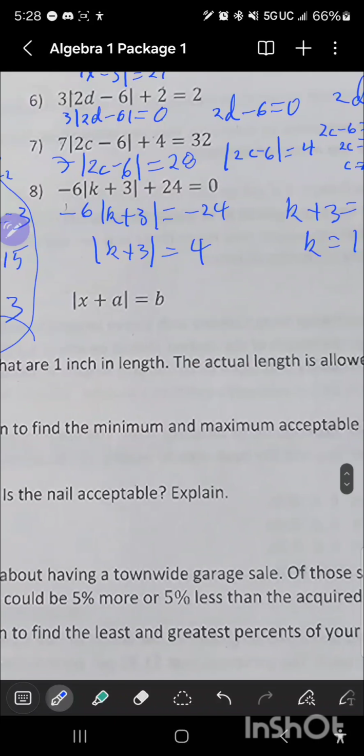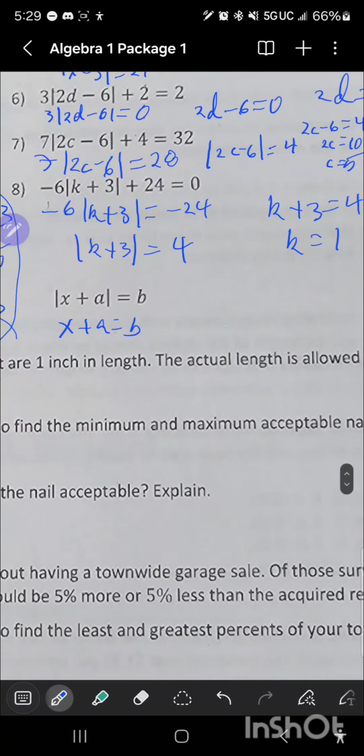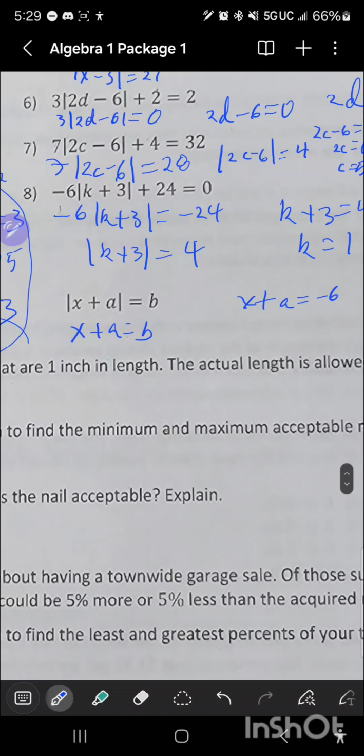Now this part is almost the same. The absolute value is already isolated for us, so we don't have to worry about that. We have x plus a equals b, and we also have x plus a equals negative b. When solving for this, we just need to subtract a from both sides, and we get that b is equal to x